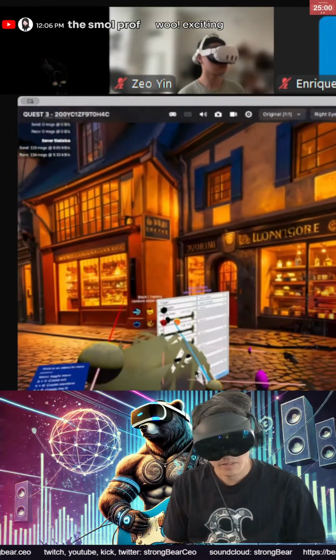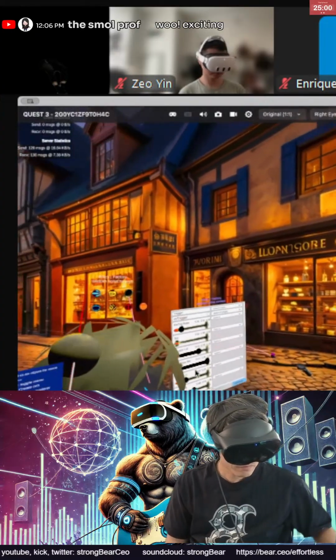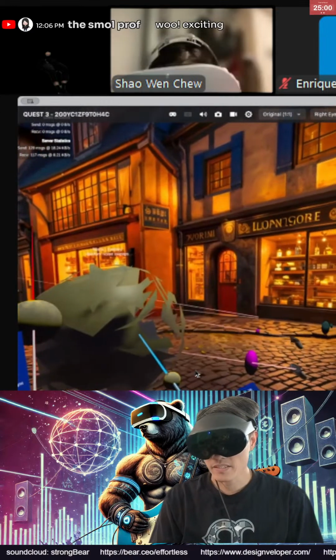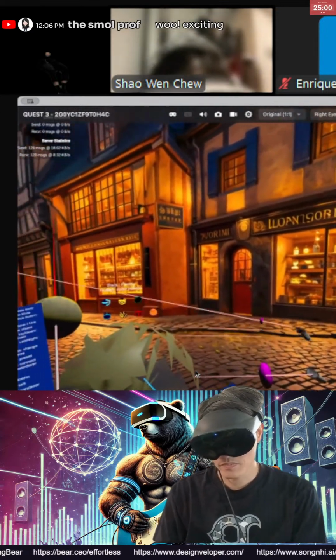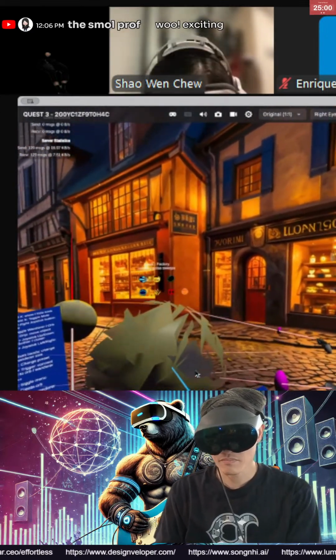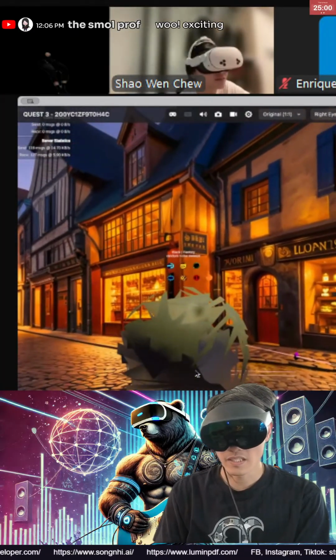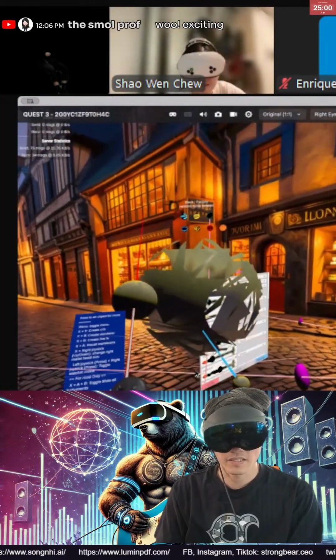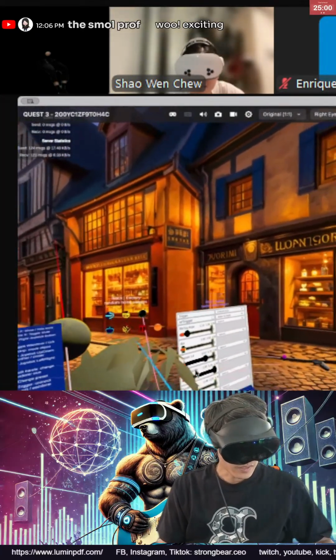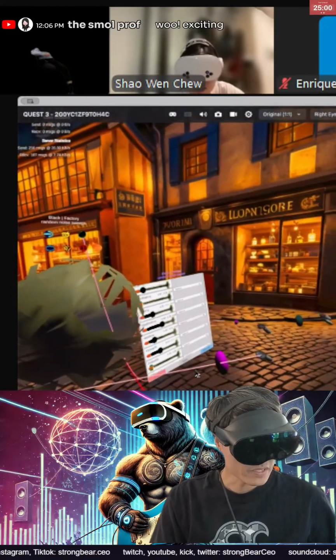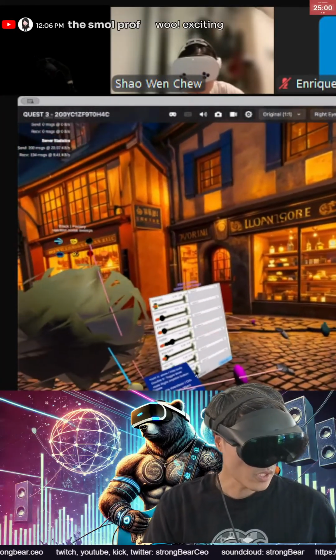Let me see what we can do with this one. If you hold X, it's going to show some more settings, where you can select a sound and then change the sound settings. In the sound settings, we have a bunch of parameters in here, and basically, if you work with Cabbage.